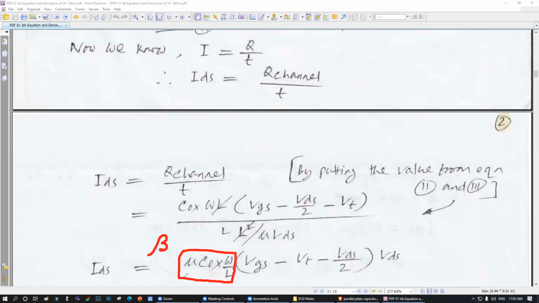Do you know what it is called? এটা Beta. এখন তোমরা কিন্তু এই beta চিনছো তাই না? BJT, remember the beta? Yes, sir. BJT, MOSFET, you have seen some beta, right? Beta is equal to 150, beta is equal to 100. Remember that? So this is the beta. Okay, this is the amplification gain. So current কতটুকু amplify করবে এটার উপর depend করবে. So this is the amplification, call it beta.